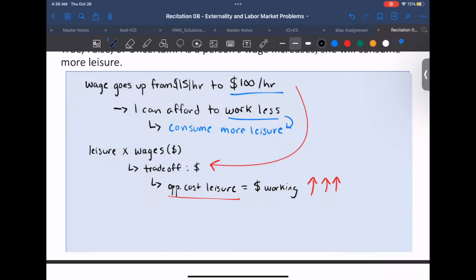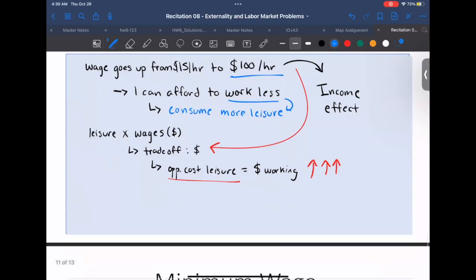The first one, where we want to consume more leisure, we're going to call that the income effect, where because we now have a higher income, we can afford to work less, and therefore we can consume more leisure. If you think about Jeff Bezos, for example, who is a billionaire, he's going to have a lot more free time if he chooses to have that free time than a low-income worker who has to work to survive. So that's the income effect.